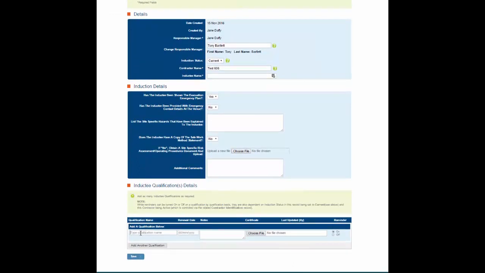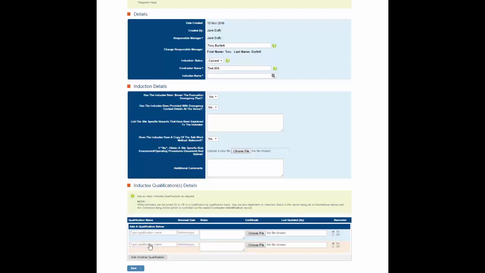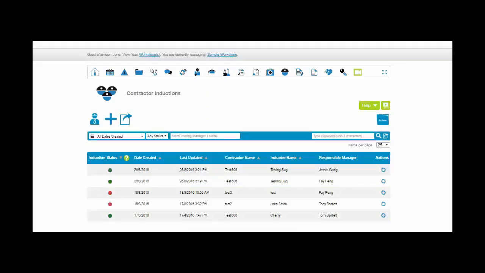To save the hassle of creating new contractor induction records each time a qualification expires, and to cater for different types of contractor qualifications, multiple qualifications can be added to this part of the form. When adding a qualification, to create an expiry reminder, leave the reminder option set to on, and as long as the induction status remains current and the related contractor identification record remains active, the system will then place a contractor